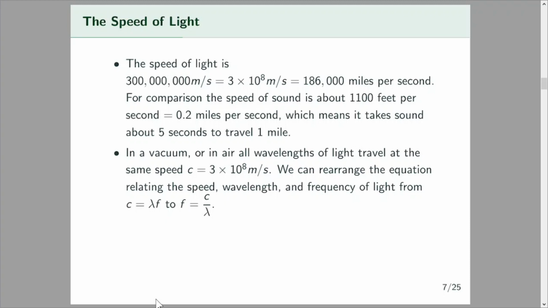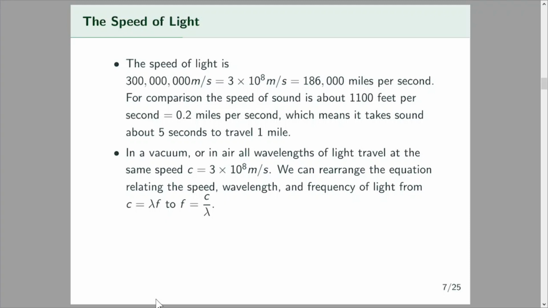This is why when you're outside and you see a lightning flash, you count to 5, and if you hear the thunder after 5 seconds, that means the lightning strike was about a mile away. When I was a kid, you were supposed to see if you could get to 15 so that the strike was 3 miles away before it was dangerous. If it was less than that, it was dangerous. Now they just say, if you can see lightning anywhere, go inside.